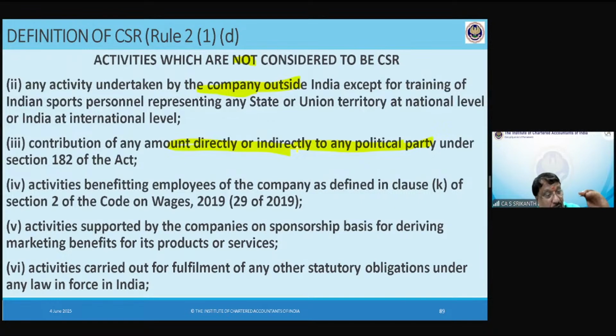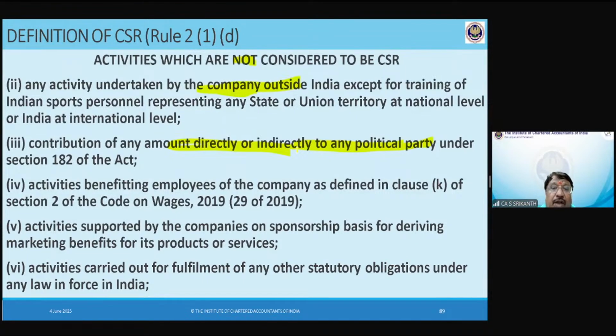But 80G is 50% of the amount contributed, further restricted to 10% of gross total income. The fellow will contribute 5 lakhs. He'll say, Srikant, should I not get 2 lakh 50? No, sir, your gross total income is only so much. I have to restrict it to 10% of GTI, and on that, I have to restrict to 50%. So how much will I get? You get 50,000 or 60,000. Oh, only that much? Sorry, that is how it is. That is 80G.